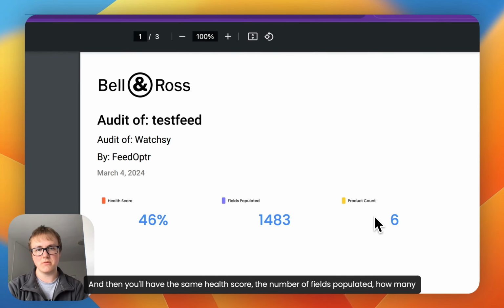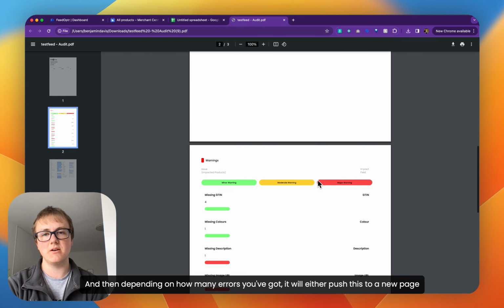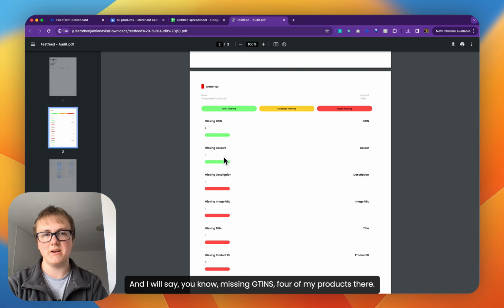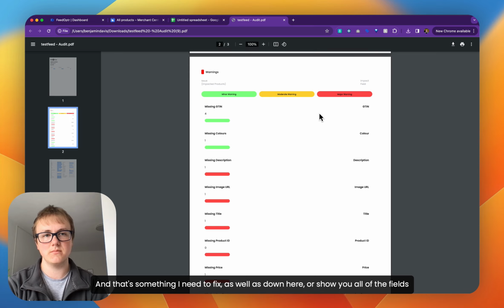And then you'll have the same health score, number of fields populated, how many products in your feed, and then depending on how many errors you've got, it will either push this to a new page or it will be on the first page, and it will say, missing GTINs, 4 of my products there, and that's something I need